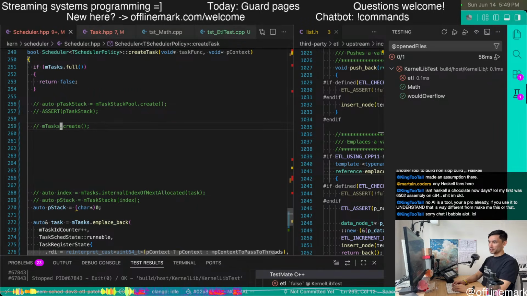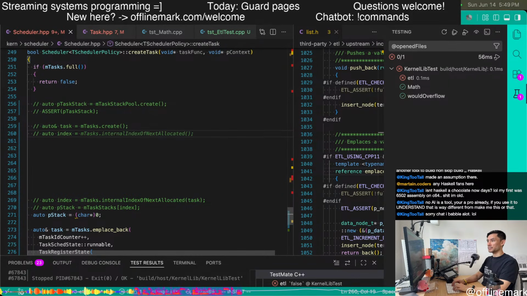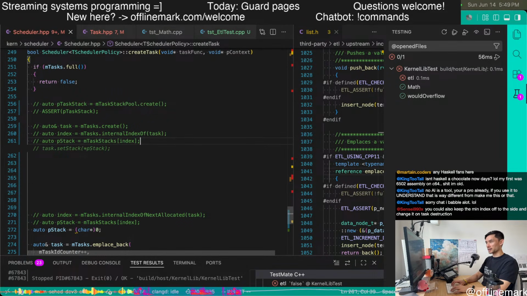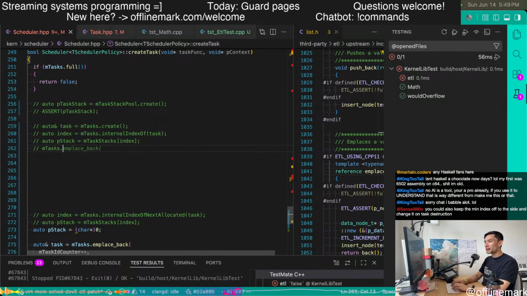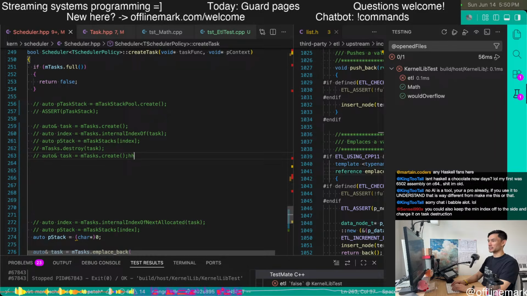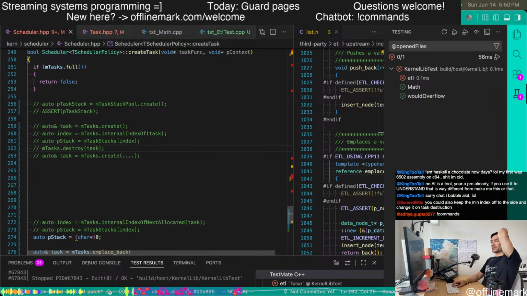I don't really know. The idea is we allocate something, some dummy thing from the list, then we can use the index and pass in this thing, and then we can get the stack, and then mtasks dot either destroy, we destroy it, and then we actually create the task with the full thing, and we hope and sort of assume that it's going to be in the exact same space as the thing that we just freed. Which, frankly, I don't really love that either.